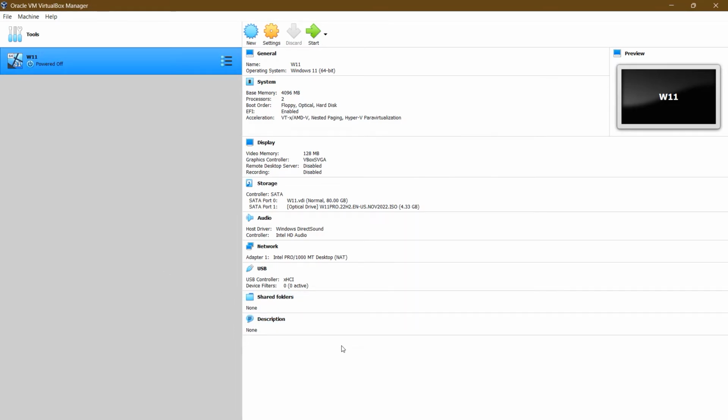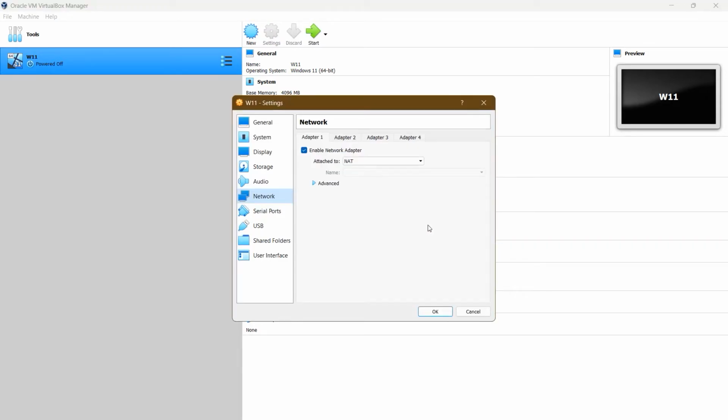If you face any issue after the installation of the ISO file, like with the network or anything, you can change from NAT to Bridged Adapter, and that will work for you. Click on OK,